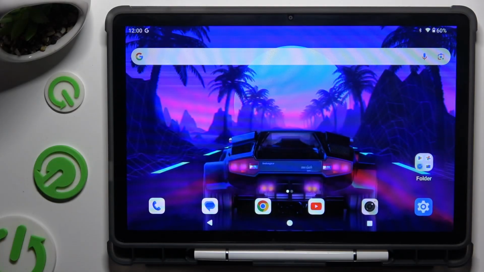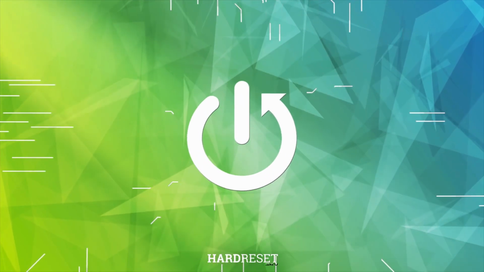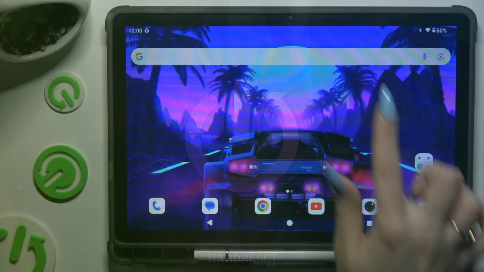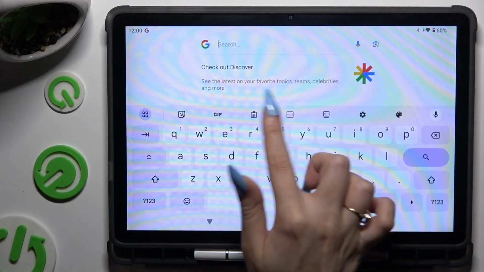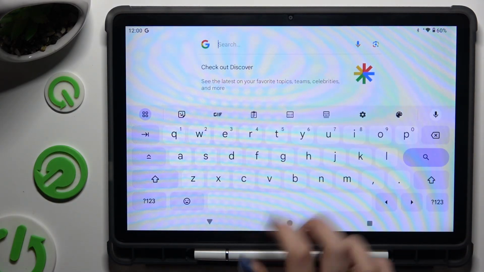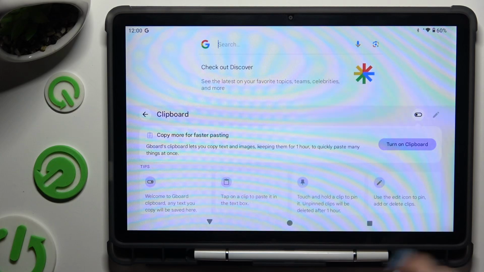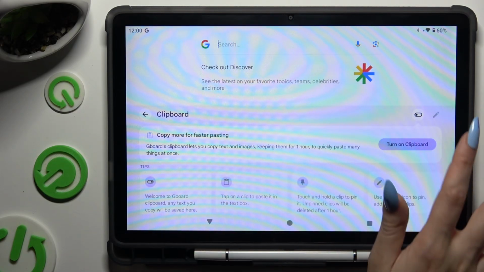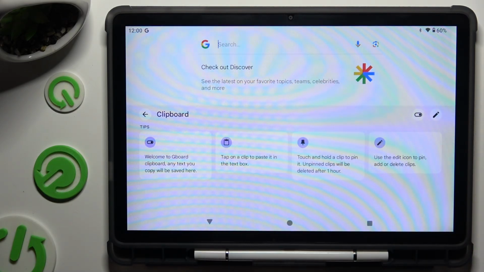In front of me is Oukitel OT11 and today I would like to show you how you can turn on and use keyboard Clipboard. Begin by launching your keyboard and clicking on Clipboard at the top of it. Then tap on this switcher next to Clipboard to activate it, and go back thanks to this arrow at the